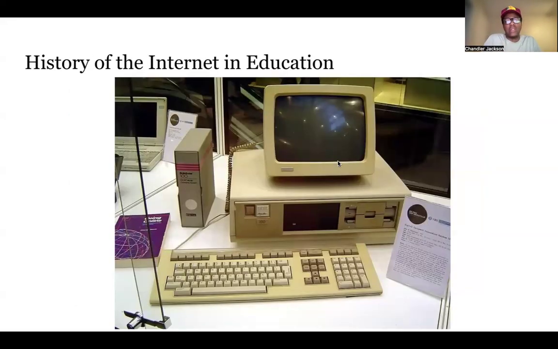We could start off here by looking at this right here. This is a picture and an image of a computer that they used to use back in the 1990s. I actually studied up on this article and it taught me a lot. It's called A Brief History of Educational Technology by Smith, A. Smith, and it really shows how they used the technology back then and how it was, to them, modern technology. And it was so slow and not even close to what we have now,